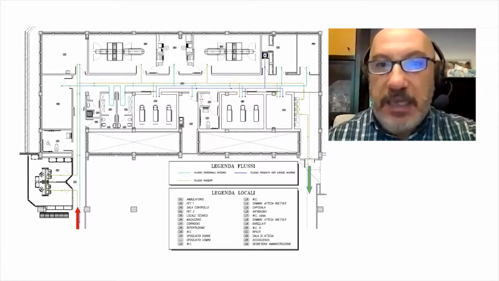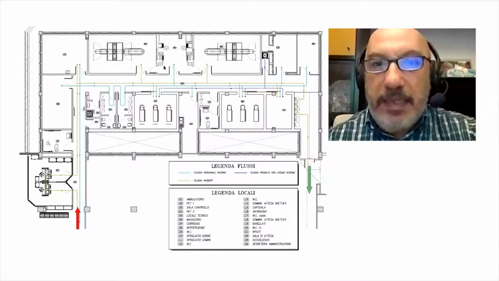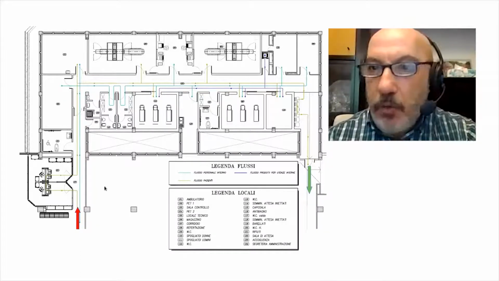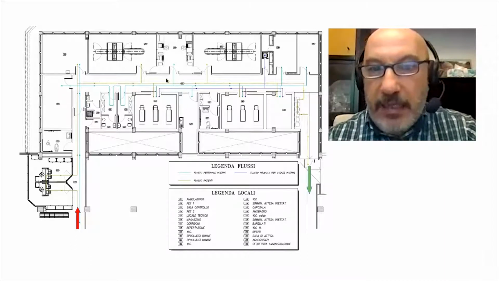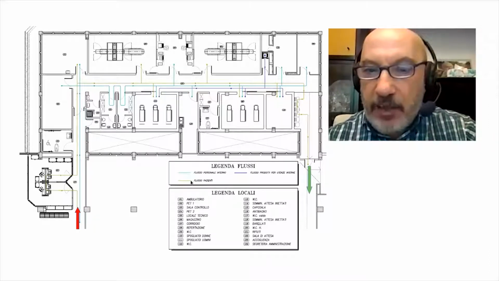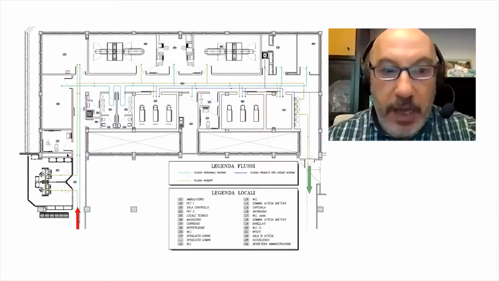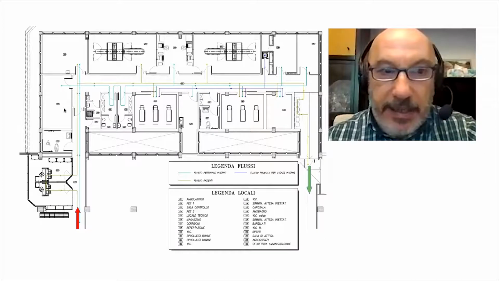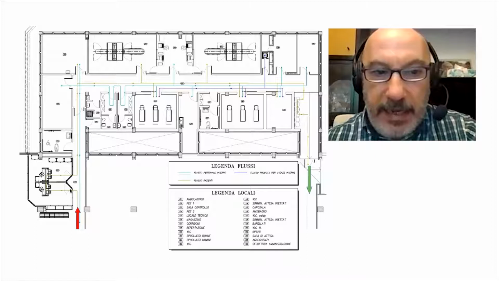This is an example of a relatively small facility with 2 PET CT scanners. I will try to describe the concept. You can see here arrows and lines in different colors that describe the flux of the staff, the flux of the patient, and the flux of the products. So we have the general entrance, the radiation area begins here, and externally to the radiation area we have a toilet and a secretary office.